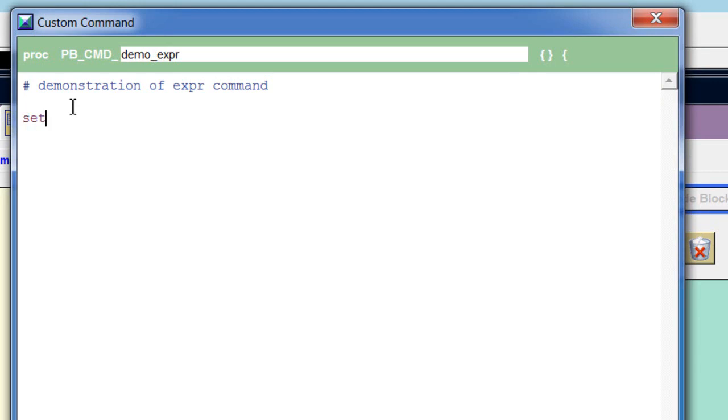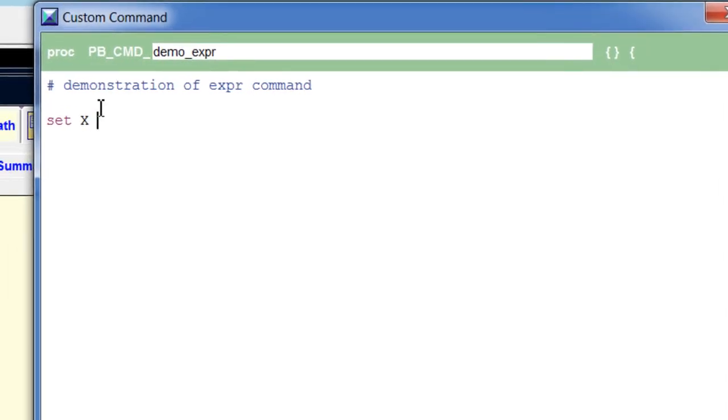First, I will set the variable uppercase X to the value 7. Next, I will set the lowercase variable x to the value 3. Finally, I will set the variable y,